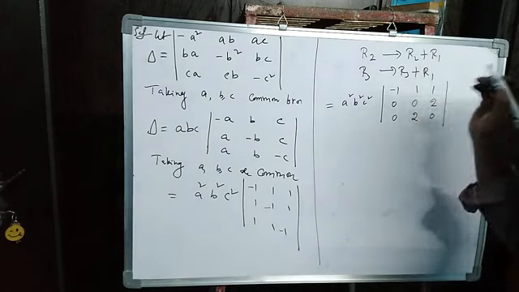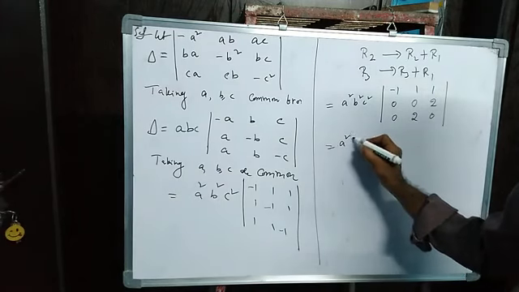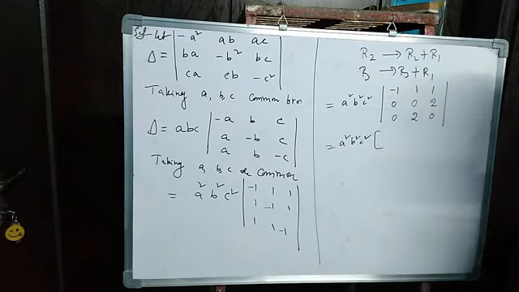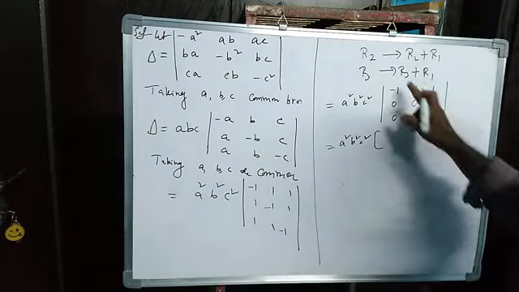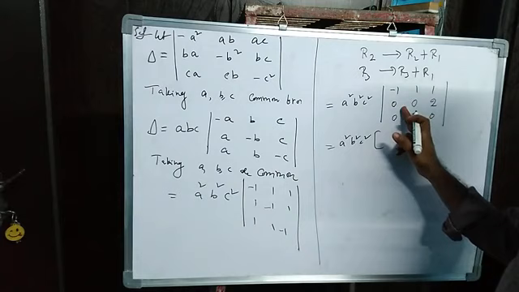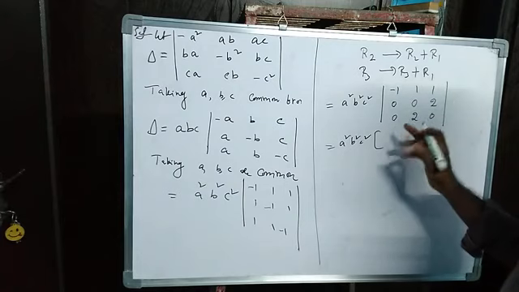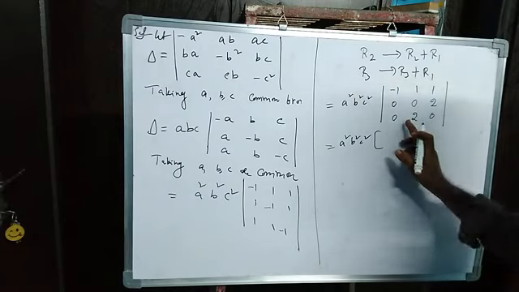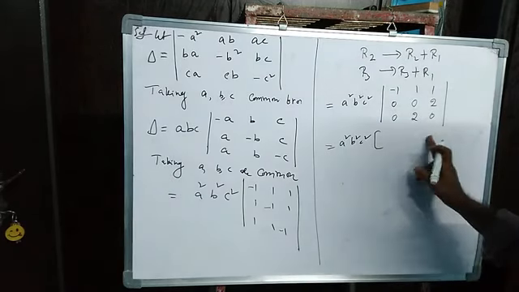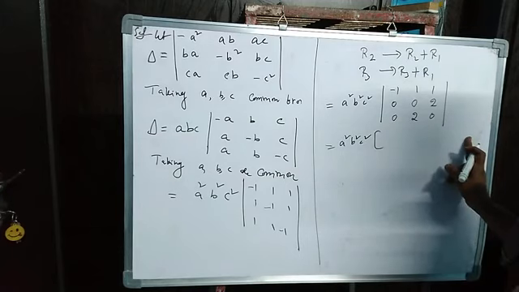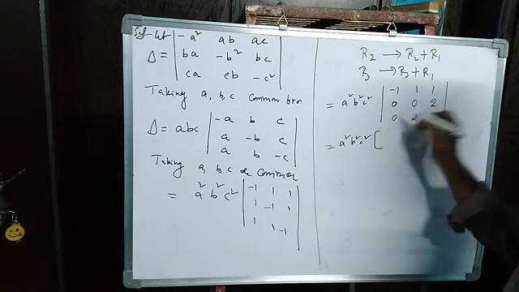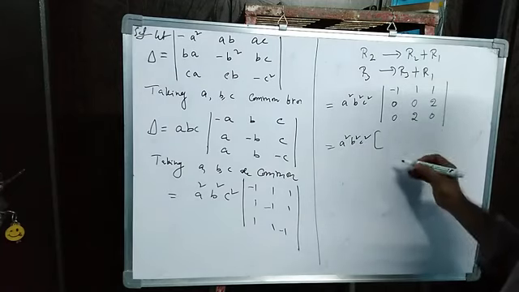Now just observe this one. It's simplified. Now I am going to expand this through row 1, or through column 1 you can also expand. Why did we simplify this one and then expand it? Because if you expand this one, you will get only one term. The remaining terms will become 0. Why? Because here and in this column we made 0.